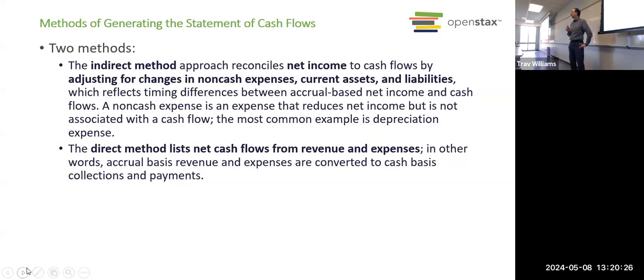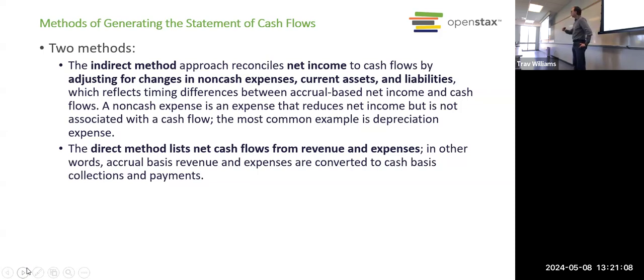The reason the indirect method is called indirect is because you start with net income. And net income comes from which financial statement? Where do we find net income? I know it's the end of the semester, but hang in there, folks. You got a week left, right? Week and a half. So where do we get net income? Income statement. Okay. You know that.